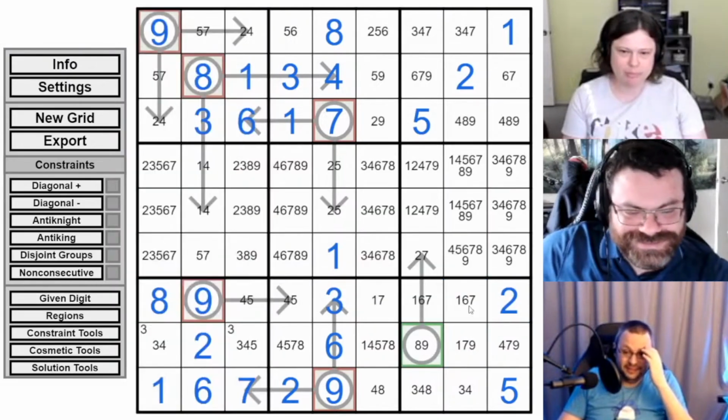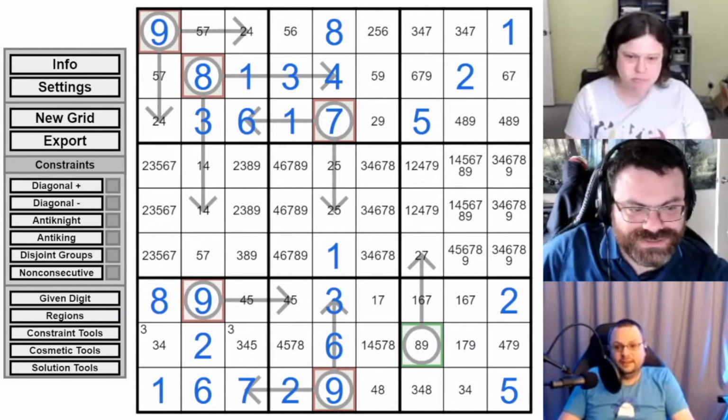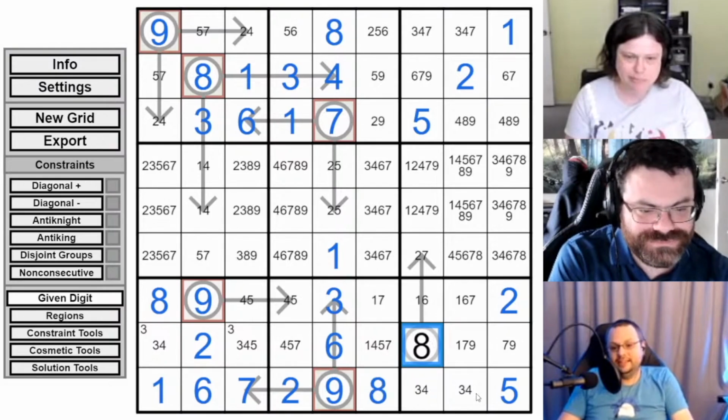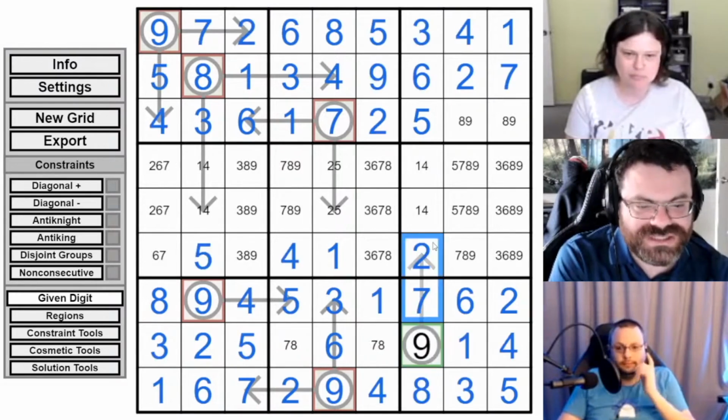Wow, that is amazing. So what do we want this to be? 8, right? So we can ask. There's actually still 2 options for 8. No, you want that to be a 9. Oh no, I want this to be 9. So we need it to be 2, 7.